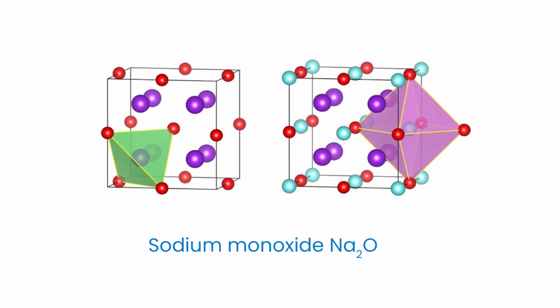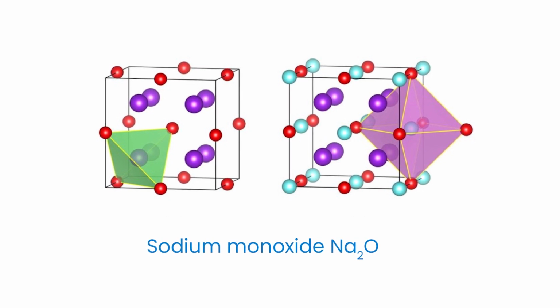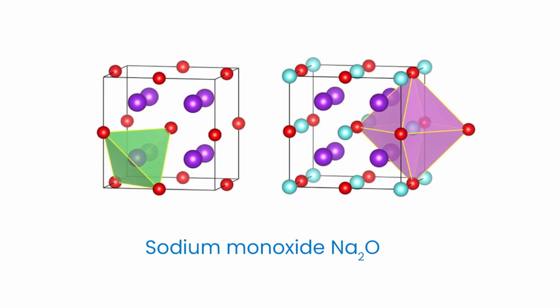Thus, in the resulting structure, each Na plus is surrounded by 4 O2 minus ions and each O2 minus ion is surrounded by 8 Na plus ions. Thus, the coordination numbers of Na plus and O2 minus ions are respectively 4 and 8. In this anti-fluoride structure, that is, the structure has 4:8 coordination. The Na2O unit cell consists of effectively 8 Na plus and 4 O2 minus ions, that is